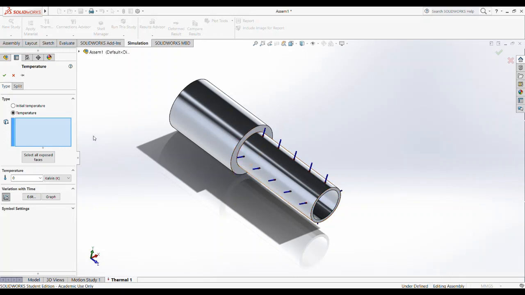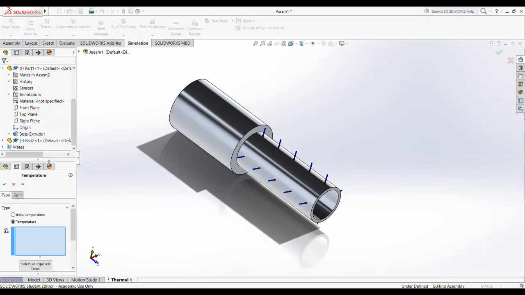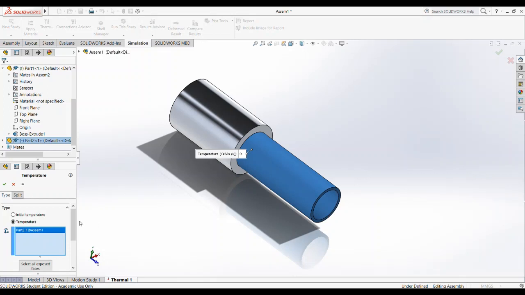So for that, you have to go to the feature manager tree from when you built the model. For that, you have to go to this little bullet up here at the very top, and you can split this window. So you grab that bullet, split it down like that. Now you've got your feature manager tree here, and you've got your simulation window. So I'm going to select not part 1, but part 2. By hovering over it, you can see it's already giving us a highlight. So I click that whole extrusion,